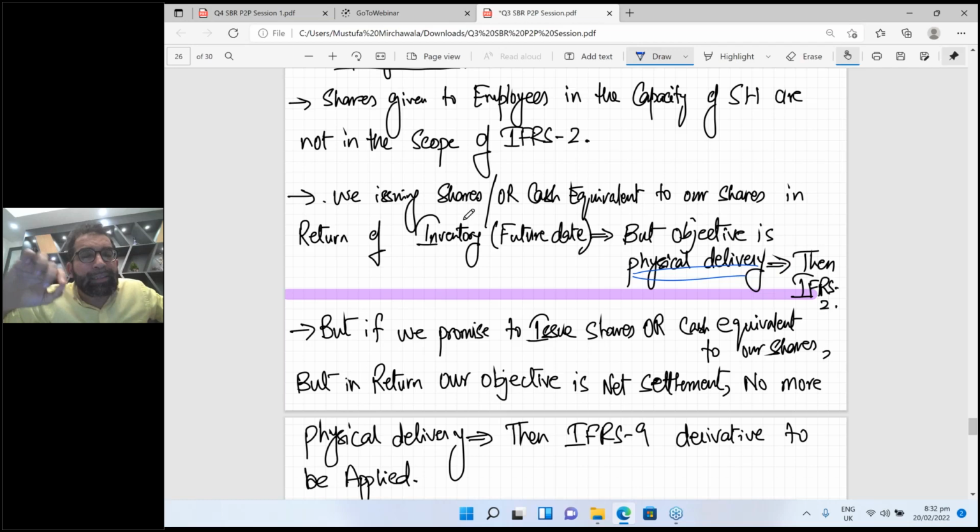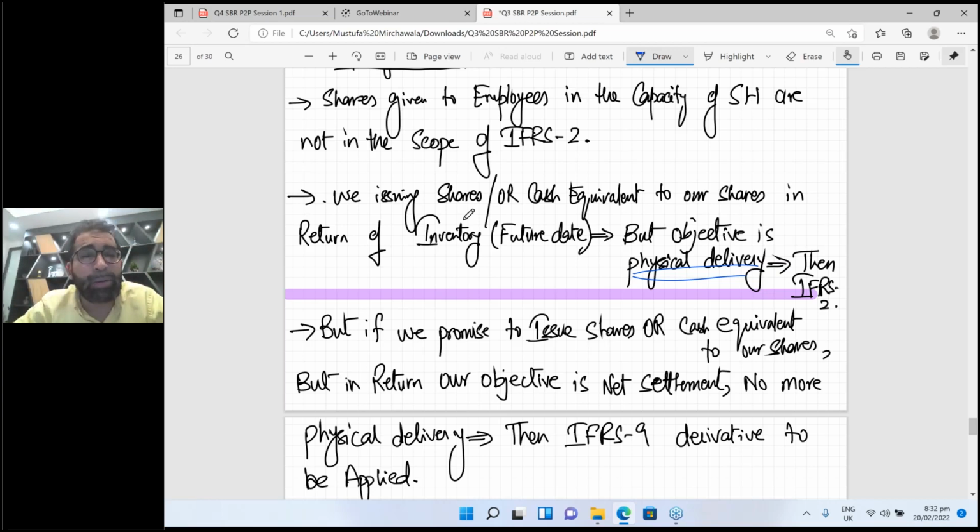For example, in the contract it is written that you will give me sugar for $20. Let us say the price moved up to $25. So I'll transfer this contract to somebody else, and I'll get the top-up of $5 in the form of cash. That means now my objective is gambling. Now my objective is to enjoy the price fluctuation.